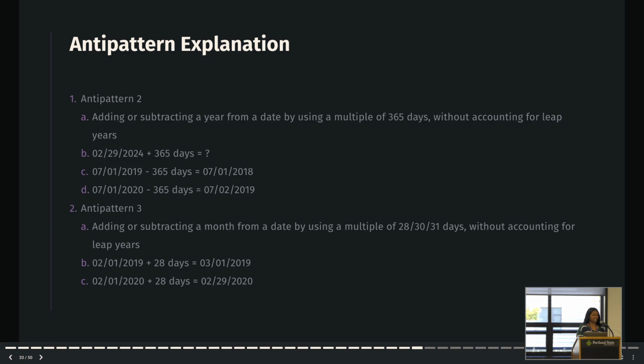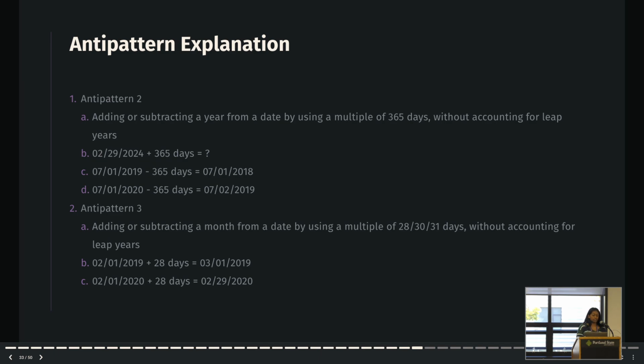For leap year, we had 9 anti-patterns that we were working to solve before February of 2024. These revolved around the addition of unsafe values, combination of date values that could be harmful, storage of values, and more. For this example, we're focusing on 2 of the existing leap year anti-patterns that are similar enough to understand together. While there are other leap year anti-patterns we could have focused on, these are just the easiest to jump into and understand.